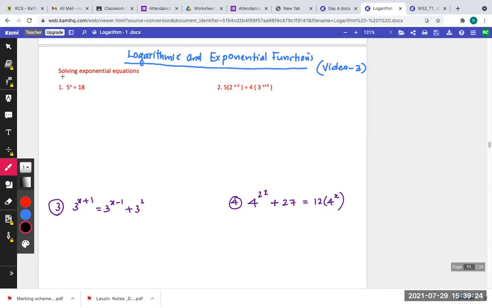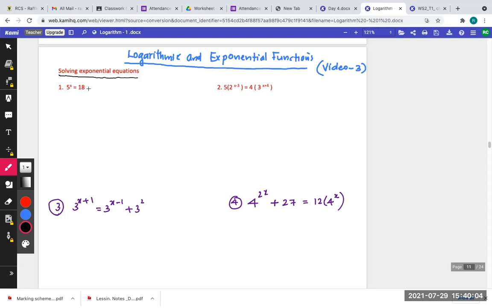So today we are going to learn how to solve exponential equations by using logarithms. Here are some of the questions I have written; the method is exactly the same. You know this is an exponential equation, 5 to the power x equal to 18, because the variable is a power. And you cannot write 18 as a base 5. There is no way to write 18 as 5 to the power of a whole number.